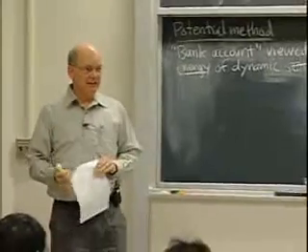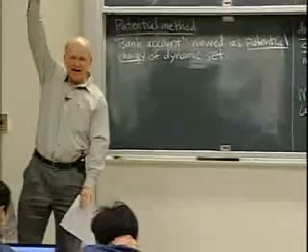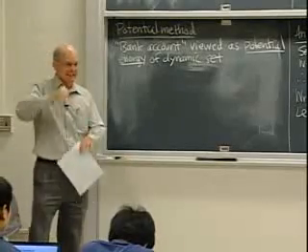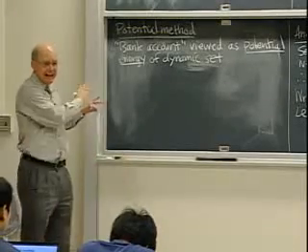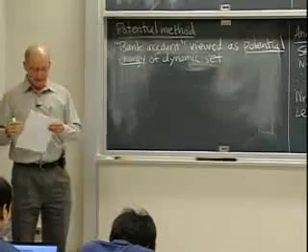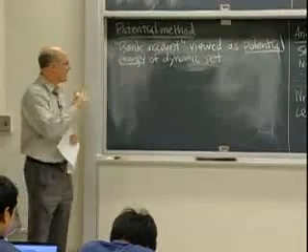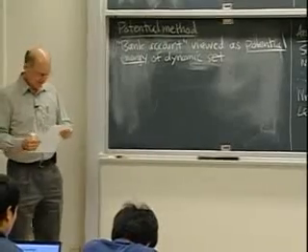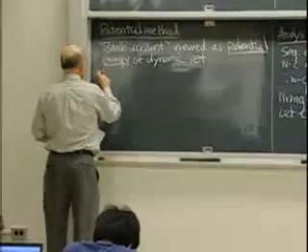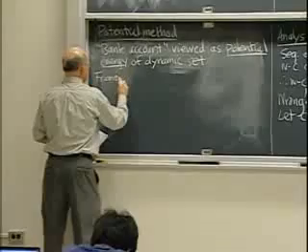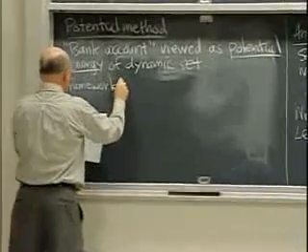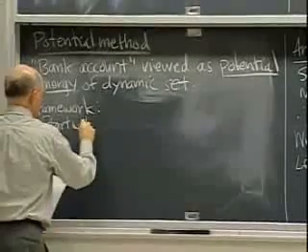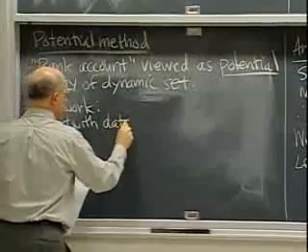When you study potential energy, you think of putting something up high and having gravity able to pull it down. We convert dynamic to potential, and that's exactly what we're going to be doing here. It's similar mathematics, except that in our case it turns out to be discrete mathematics rather than continuous math for most of it. So here's the framework for the potential method. We start with some data structure